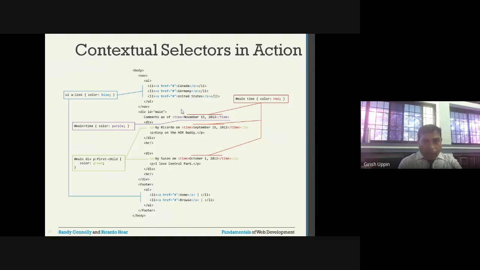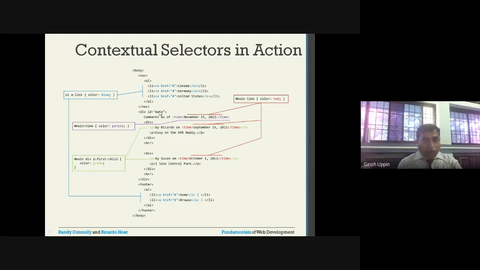That is the meaning. And I have one more selector definition: the selector rule hash main time, color red. What is the meaning of this? Inside the hash main, wherever there is a time, it should be shown as red. You can see this is the id main, it starts from here and the div ends here.